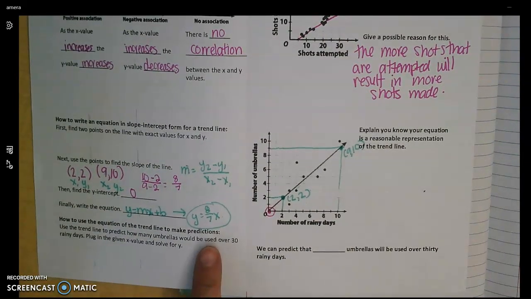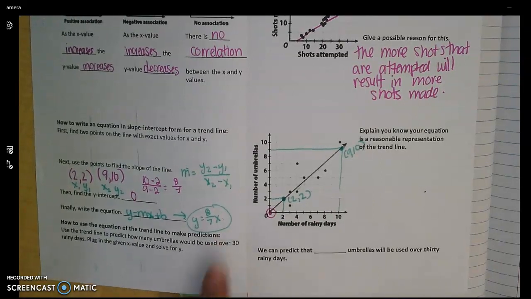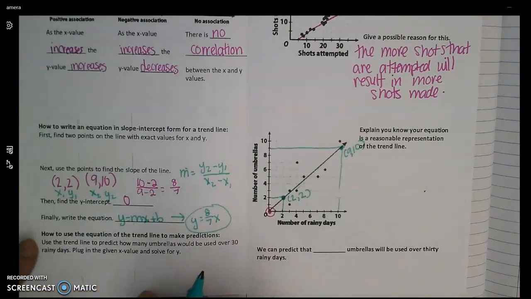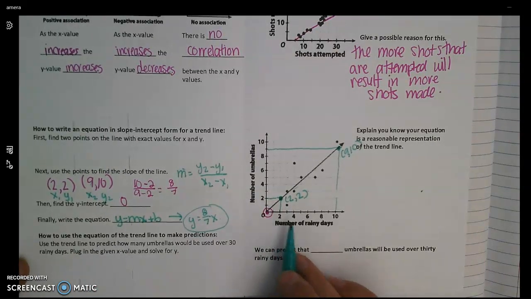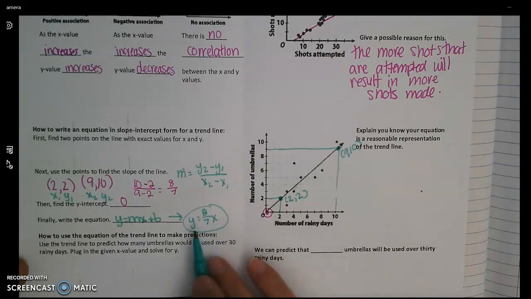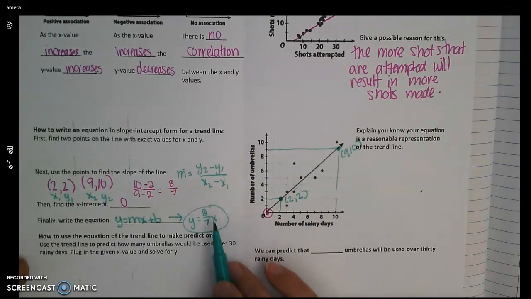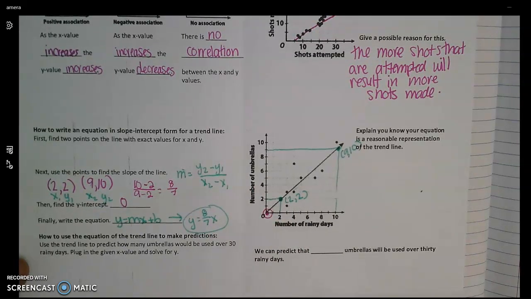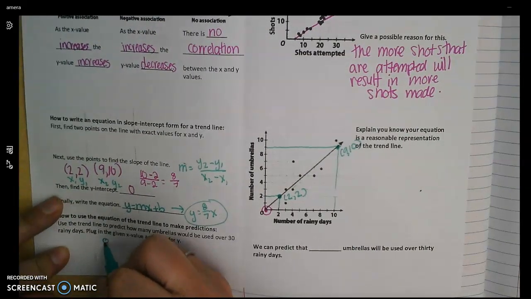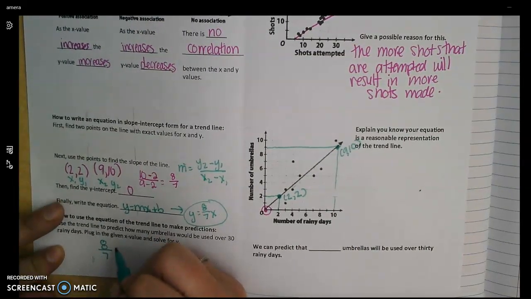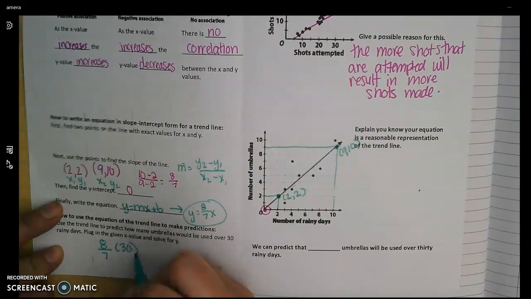So now I have an equation. I can use that equation to then make a prediction. Okay? So here it says, use the trend line to predict how many umbrellas would be used over 30 rainy days. Now I know days is represented by X, Y is umbrellas. If I plug in 30 for X for the 30 rainy days, I can figure out about how many umbrellas I would need. So 8/7 times 30 equals,